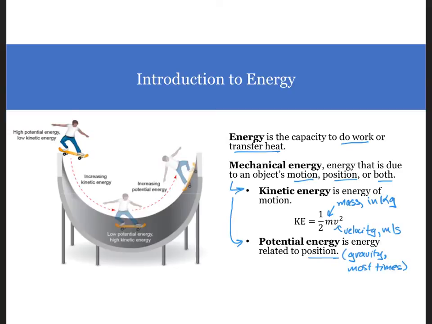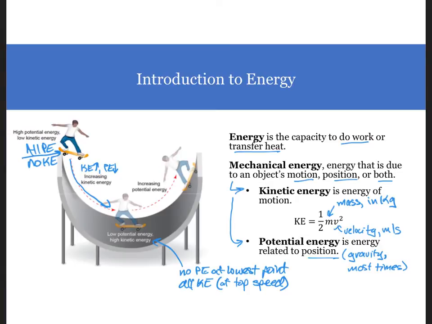From the diagram, we see that high up on the half pipe, the skater has all potential energy, but no kinetic energy as they are not moving. As the skater moves down the half pipe, the energy of position becomes zero as all the potential energy becomes kinetic energy. As the skater slows on the other side of the half pipe, the kinetic energy is transferred to